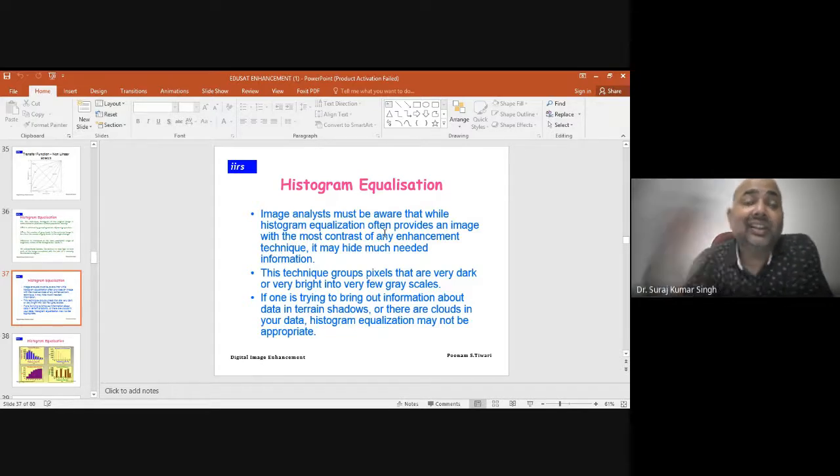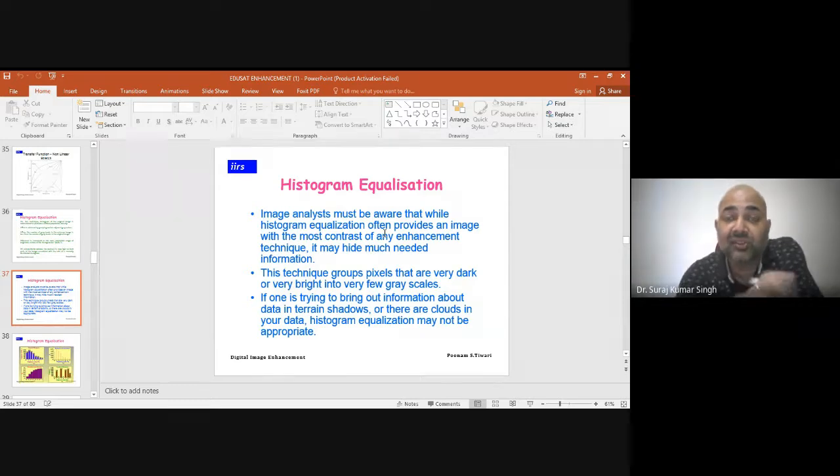So maybe it can hide those features or the values which are nearer to the zero values. This technique groups pixels that are very dark or very bright into very few grayscales. If one is trying to bring out information about the data in terrain shadow or there are clouds in your data, histogram equalization may not be appropriate.